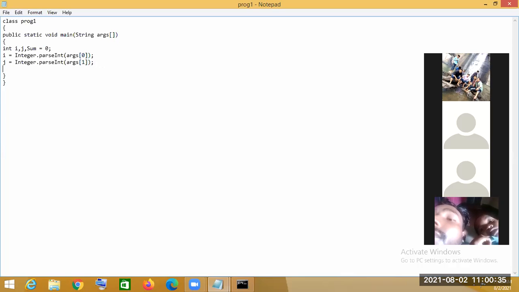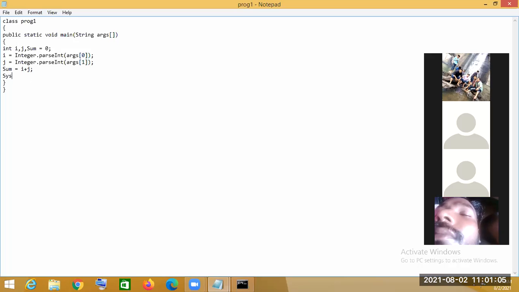So now what we will do? sum equal to i plus j. The two string values, which through the Integer.parseInt method we have converted from string to integer, these two values will be added now. Sum equal to i plus j.